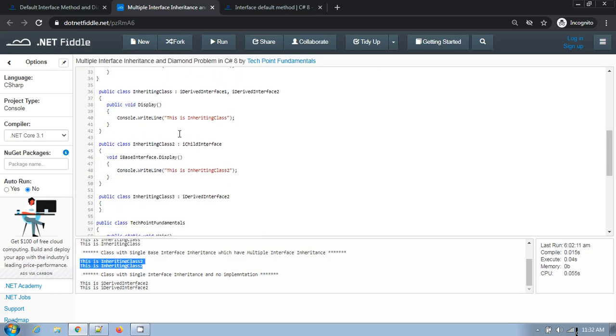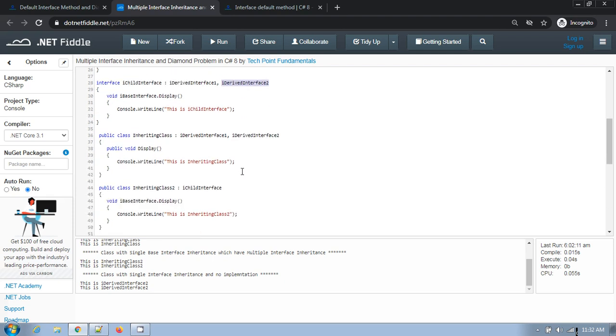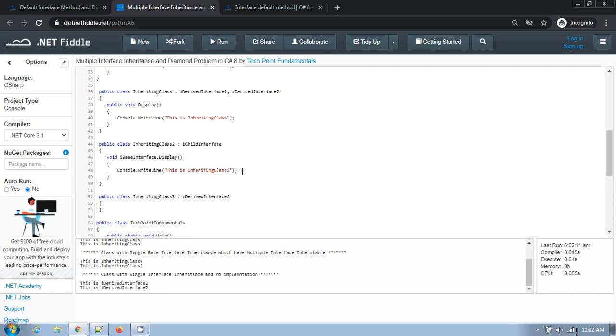The class implementation overrides all the implementations of the base member, whether it is in the IChild interface or IDerived interface 1 or IDerived interface 2. So whenever you provide any implementation in the class, it wins over all the implementations of the base members.